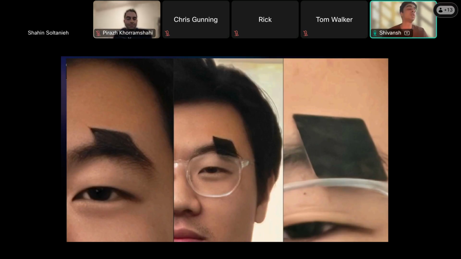But as the diffusion network kicks in at higher zoom, these networks hallucinate so much that it blends this piece of black cardboard along with the eyebrows on the leftmost. And even on the middle one, if you observe, it pastes these eyebrows on top of this black piece of cardboard.